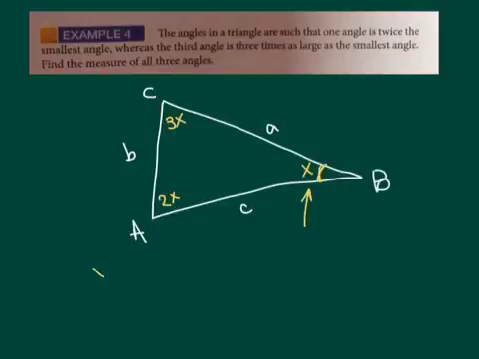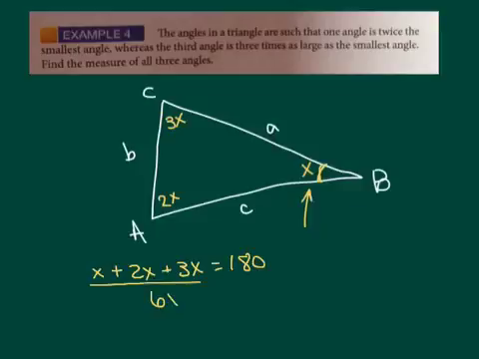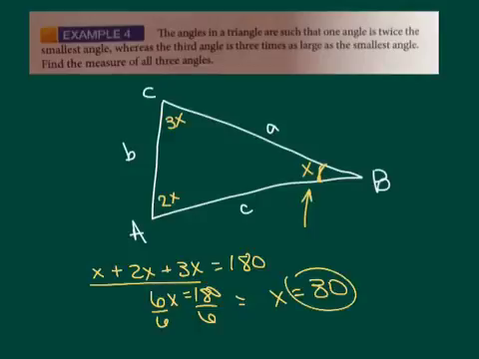Alright, so what do we know? We know that x plus 2x plus 3x equals 180 degrees, right? Because the sum of all the angles equals 180. Well, we can add those up. X plus 2x plus 3x is 6x equals 180. Divide both sides by 6, and x equals 30. So if x equals 30,